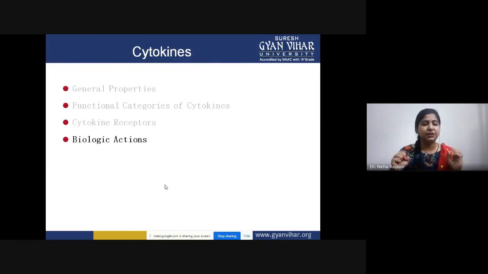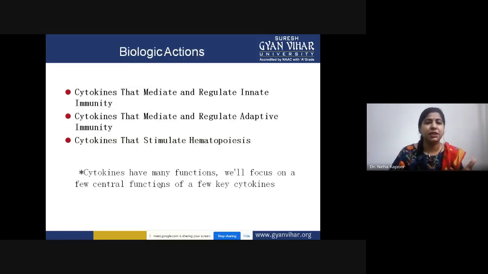Next is the last point of the cytokine concept, biologic actions. What sort of biologic actions do they impose? Cytokines mediate and regulate innate immunity, they regulate adaptive immunity, and they stimulate hematopoiesis. These are the three main functions or biological actions. However, there are many functions of cytokines, but our main focus is on these three functions because of the production